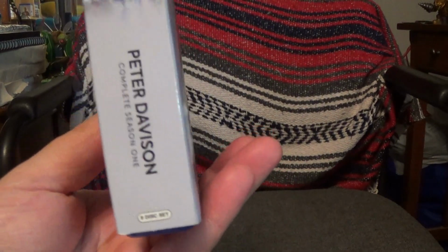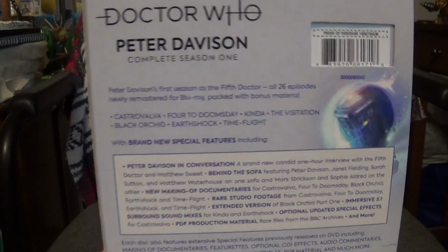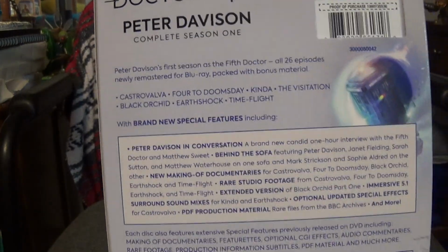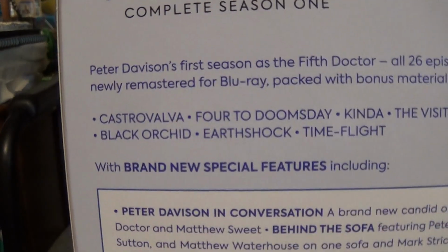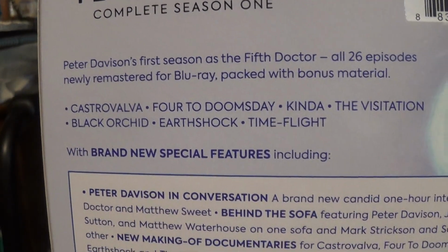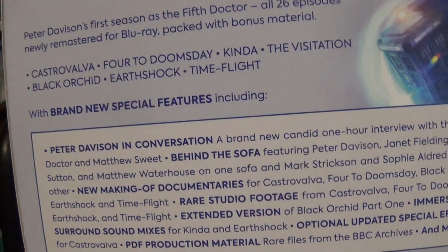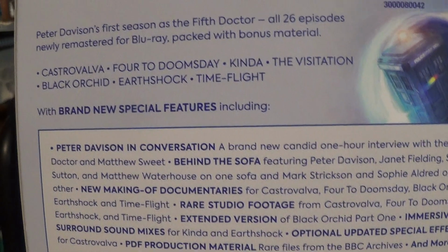And there's the spine, and there's the back, and as you notice, the back is the same color as the cover, unlike the Tom Baker one where the front was gray and the back was purple. Kind of disappointing, but there you go. Anyways, Peter Davison's first season as the 5th Doctor, all 26 episodes, newly remastered for Blu-ray, packed with bonus material. So the stories on here are Castrovalva, Four to Doomsday, Kinda, The Visitation, Black Orchid, Earthshock,